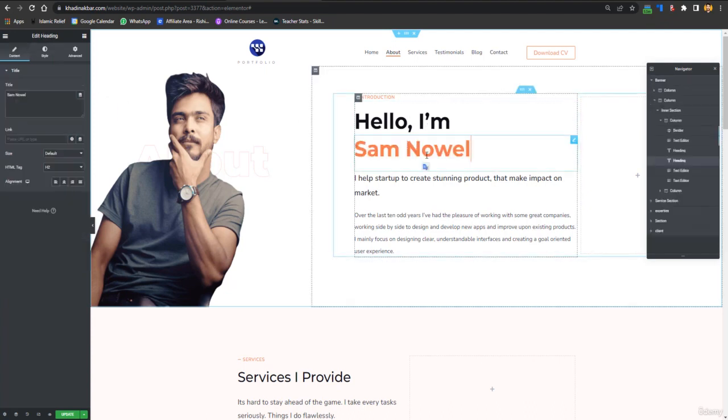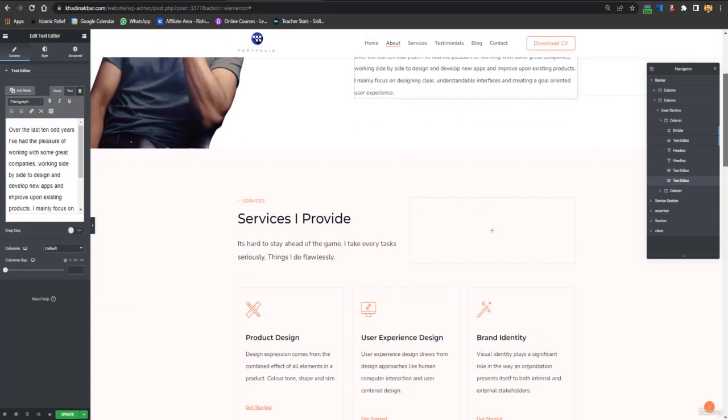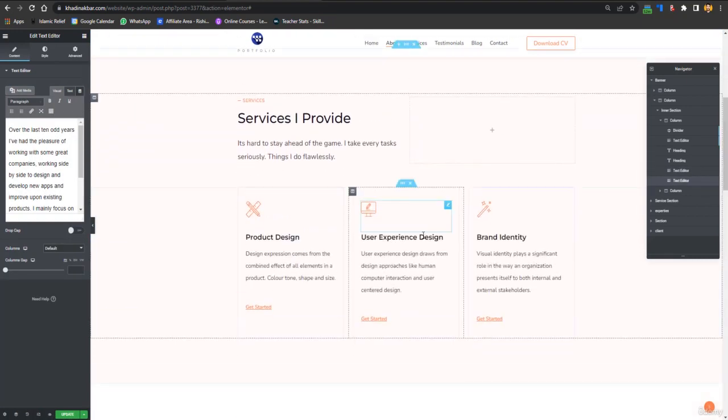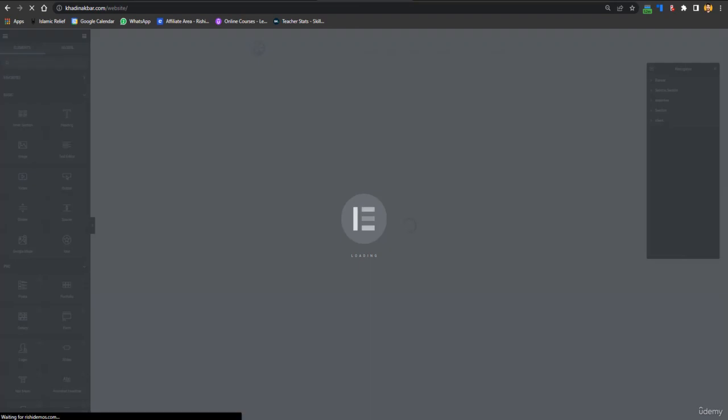Then is introduction. You can change your name, and you can change the things about you, the text, the tagline, and then the services you provide. You can open that column, and if you want to copy and paste, what you can do is, like, I'll just duplicate this, and you just have to go to like you have made the edits on the home page. So what you can do, if you don't want to create and edit them